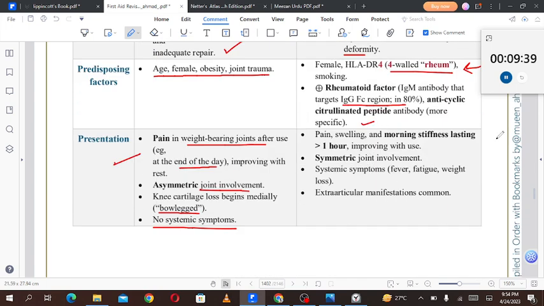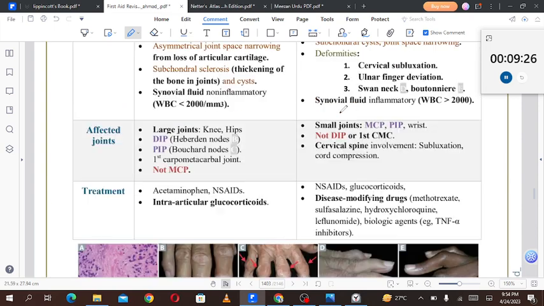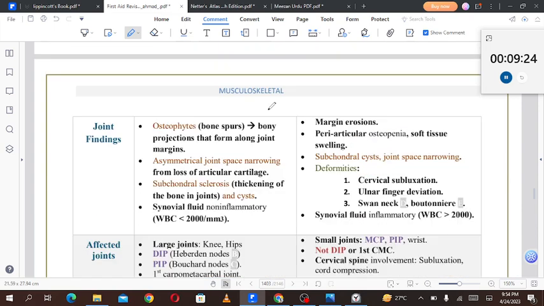Pain, swelling, and morning stiffness lasting for more than 1 hour, improving with use. Symmetric joint involvement. Systemic symptoms, for example fever, fatigue, and weight loss, and extra-articular symptoms. Extra-articular manifestations are common. Then these are the continuation of that: the joint findings in the case of osteoarthritis. So this is osteoarthritis. Osteoarthritis joint manifestation can be as follows: